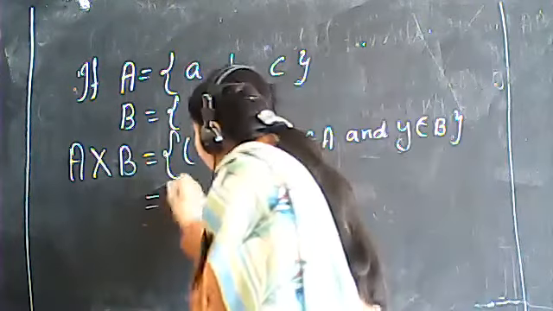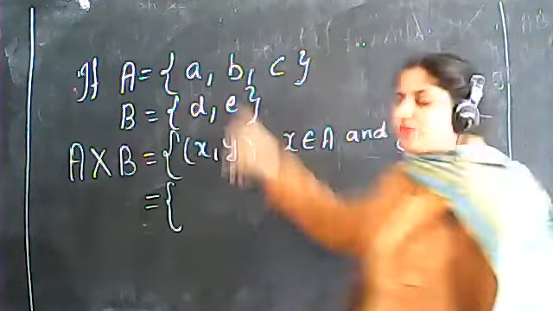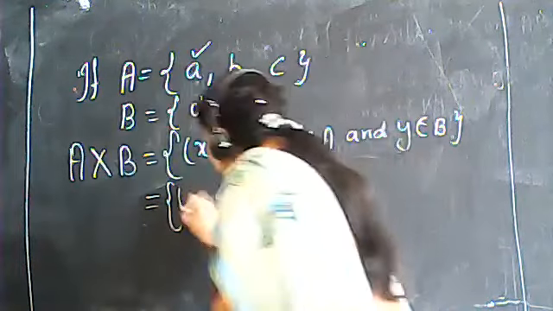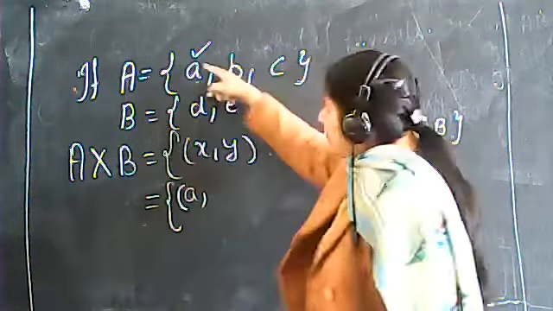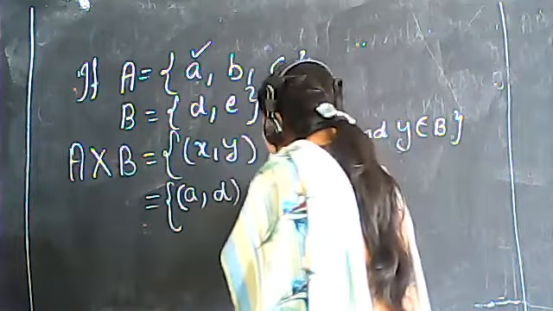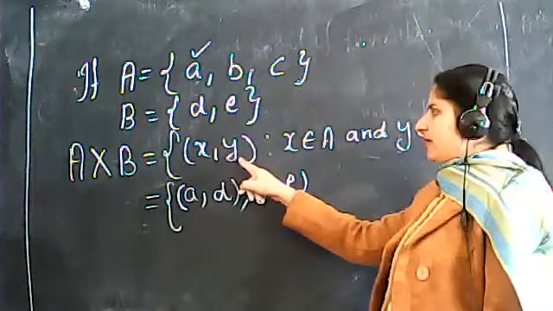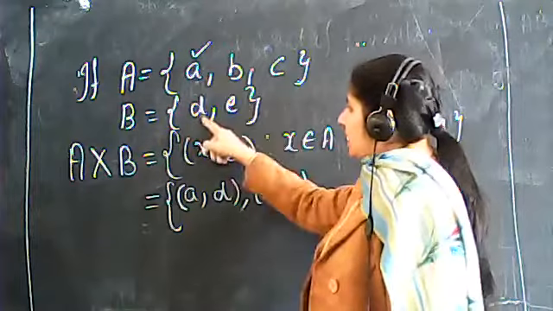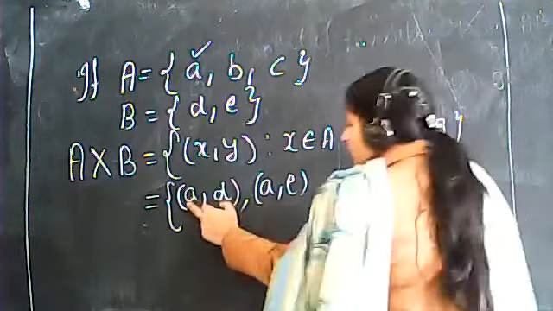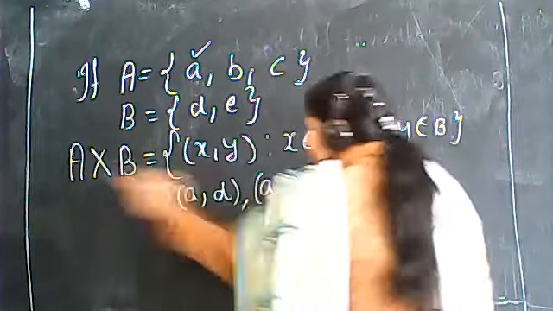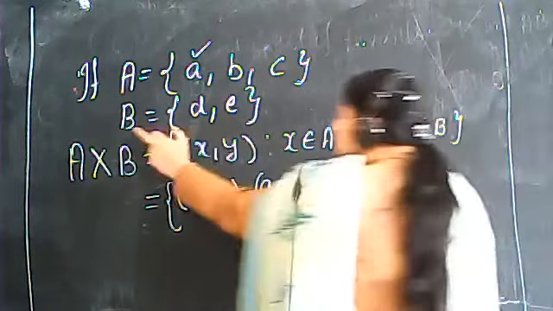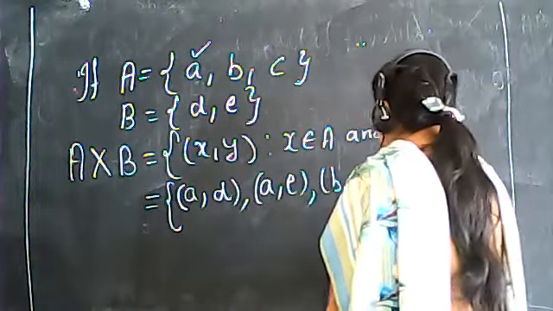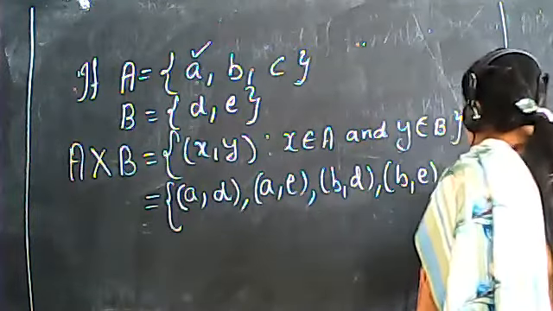Now, if A is given, B is given, then what will be the different pairs? The first element belongs to the first set. So the first element is a. So what are the possible combinations? a comma d. Next is a comma e. X comma Y means X belongs to A and Y belongs to B. So here I have taken two pairs, that is a comma d and a comma e. Now the first element is a, which belongs to the set A. The second elements are d comma e, which belong to the set B. Similarly, the next ordered pairs are b comma d, b comma e, c comma d,